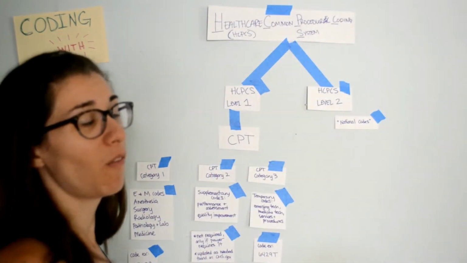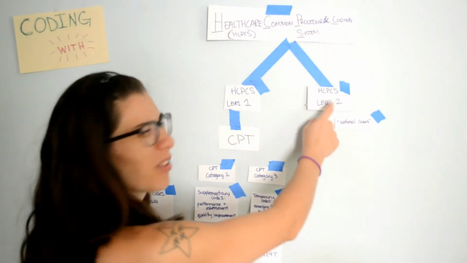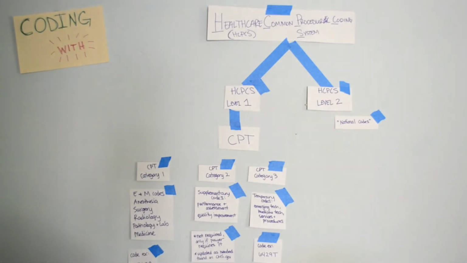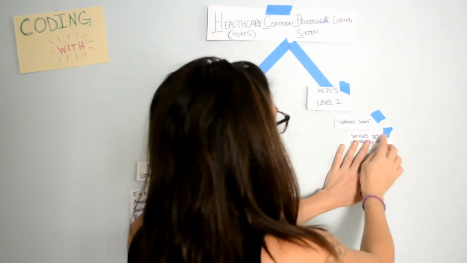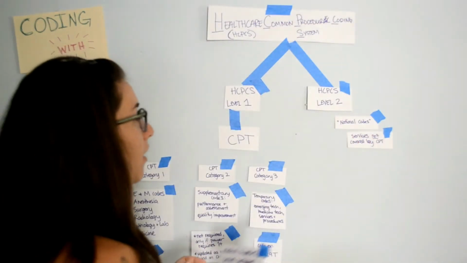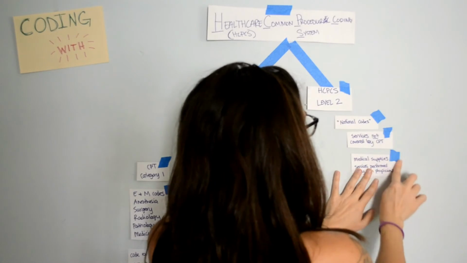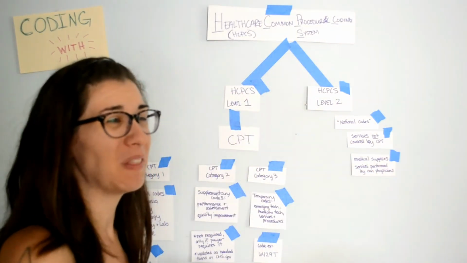So when you're in the field and they say, oh, we need a national code, know that they're talking about HCPCS Level 2s. These are services not covered by CPT. HCPCS Level 2s are medical supplies, services performed by non-physicians,